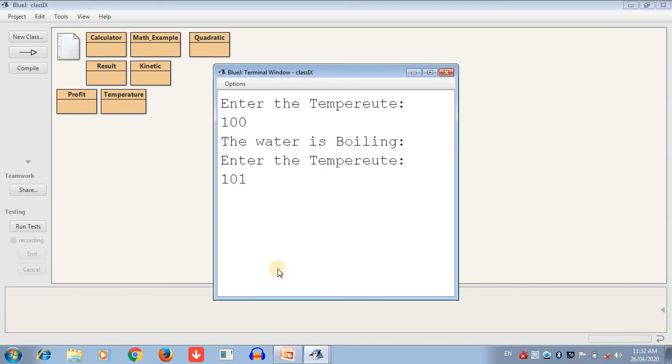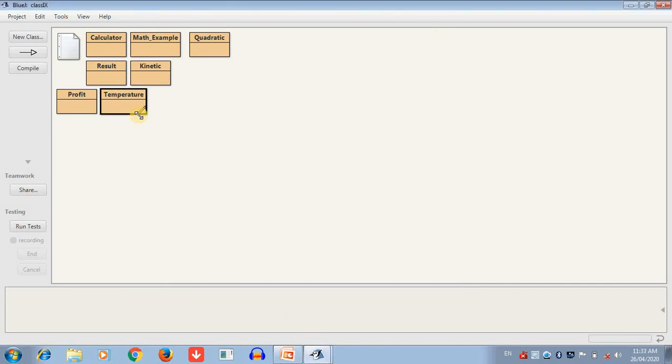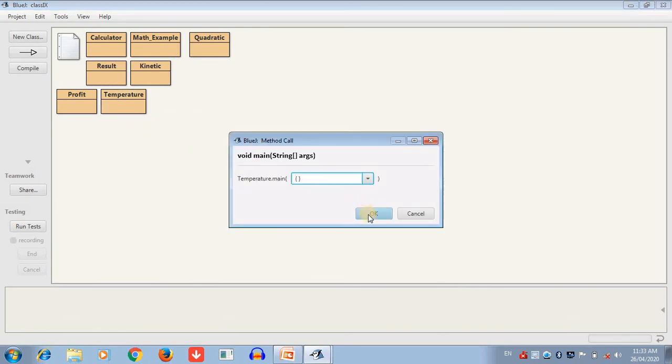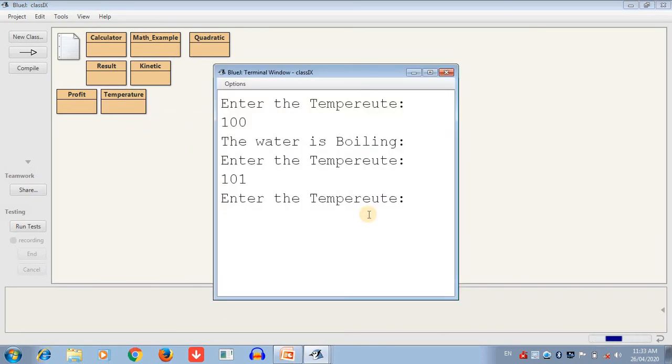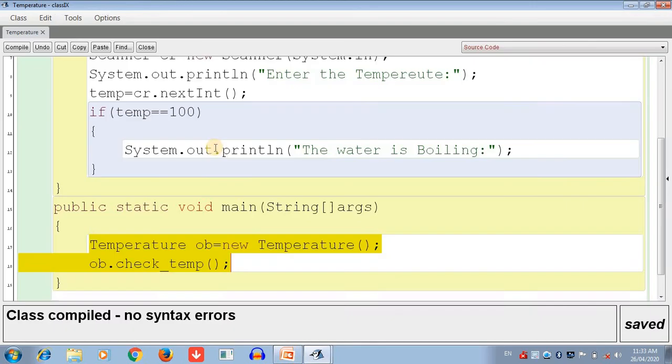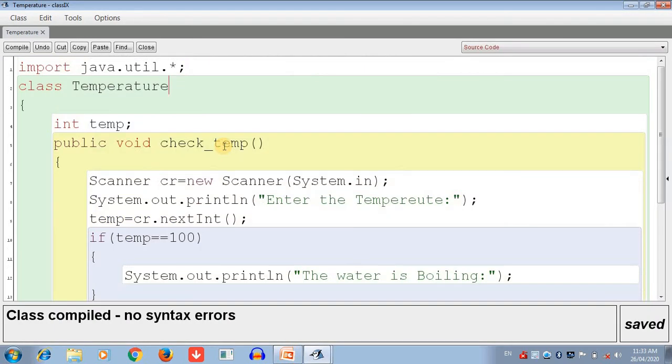No message will come because our condition is false. Okay, now another condition I gave: 50, also no message. So that means when the temperature is equal to 100, that time the message will display. So students, I know you understand this program and how to use it.